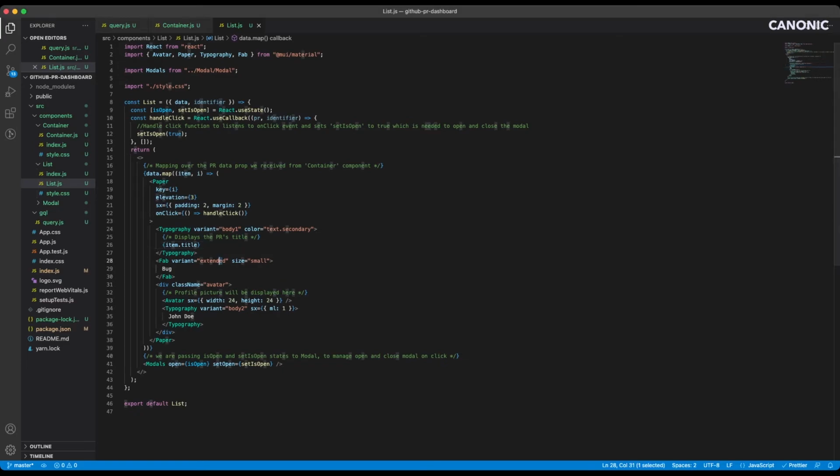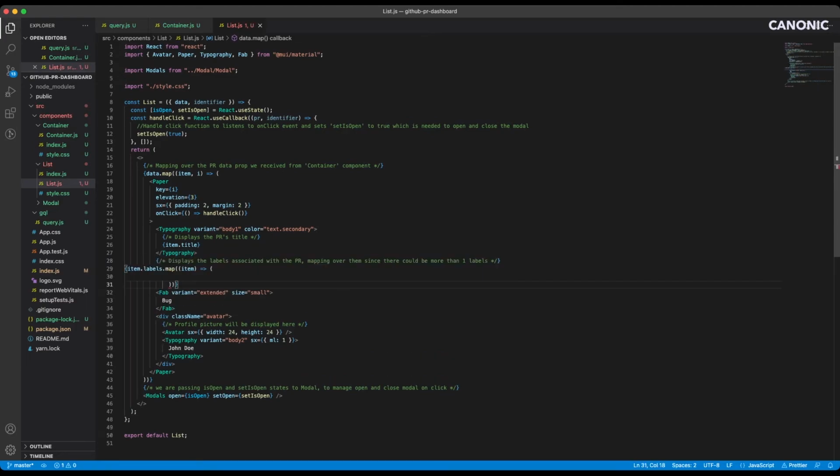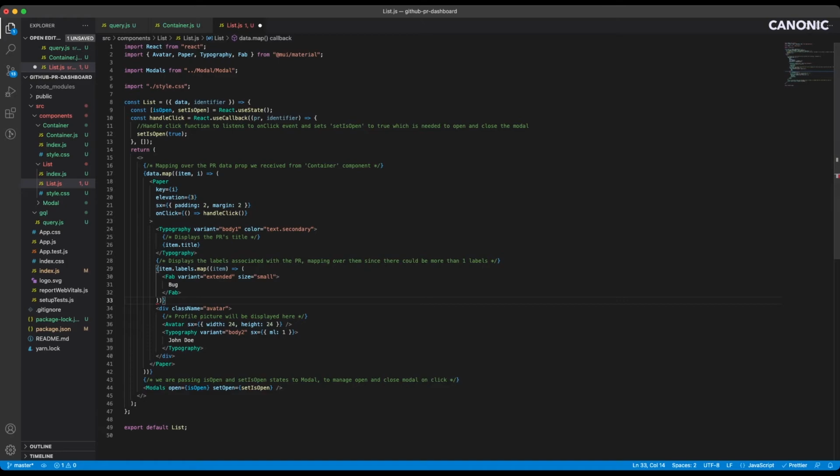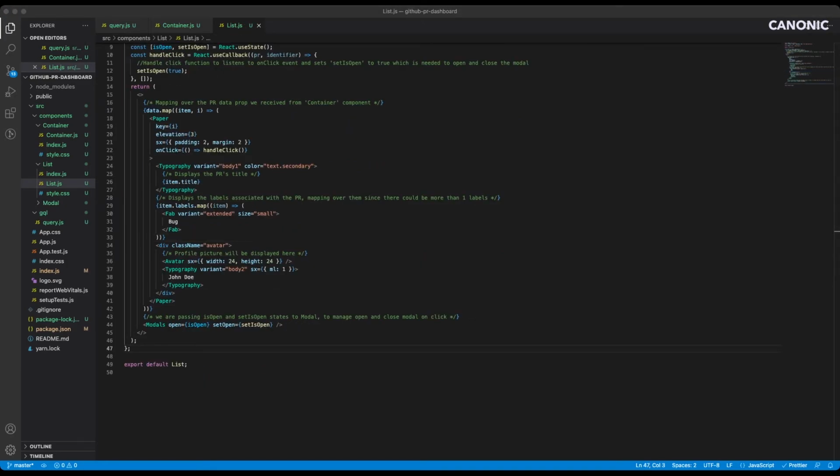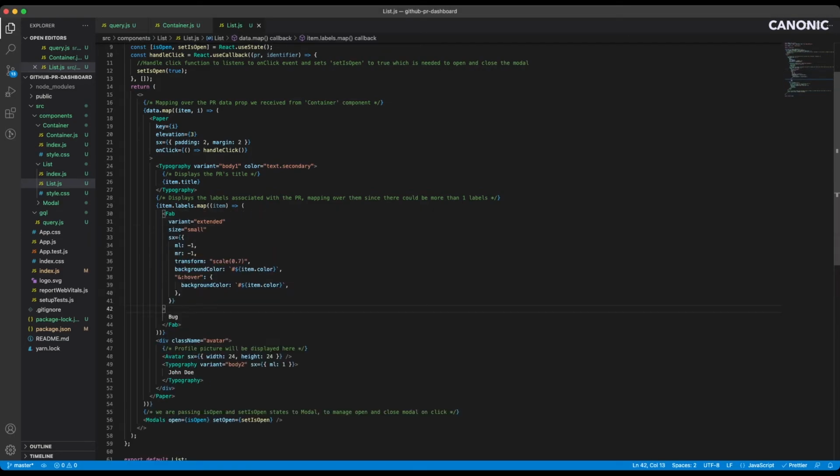Now for the labels, since they can be multiple, we'll have to loop over them also. We can then add it inside it. Great. Let's style it a bit, and we can also make the text of the label bigger and replace it with the value that we've been getting from the backend.